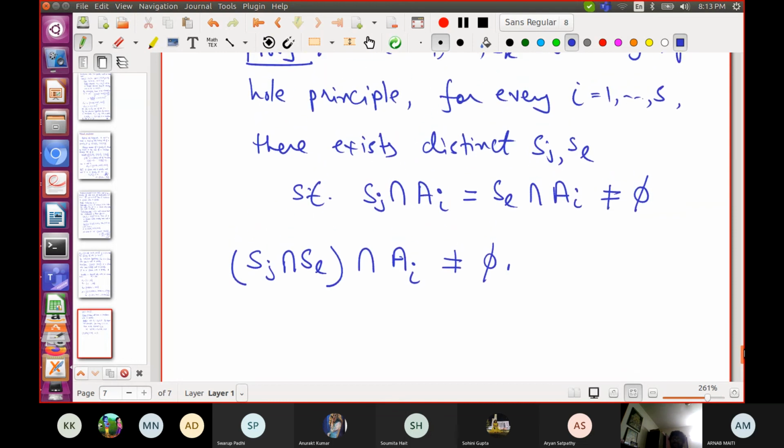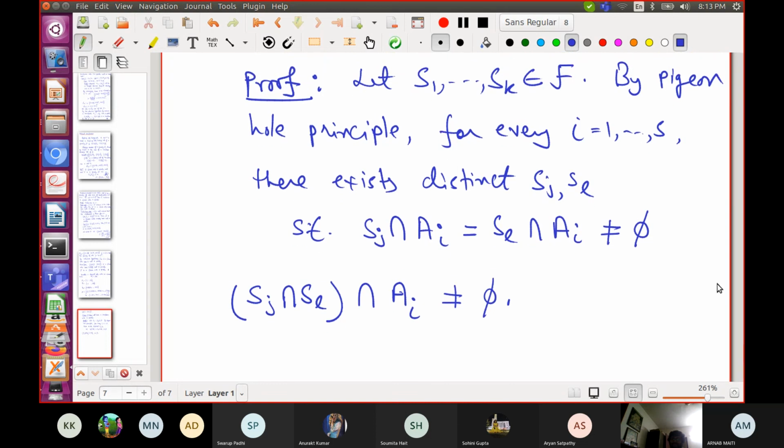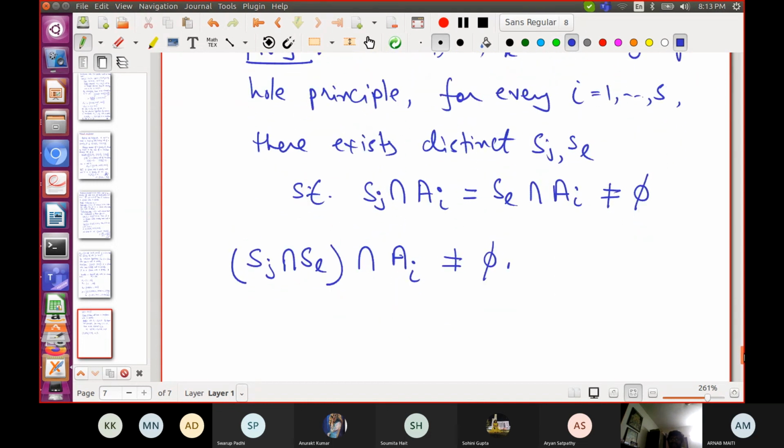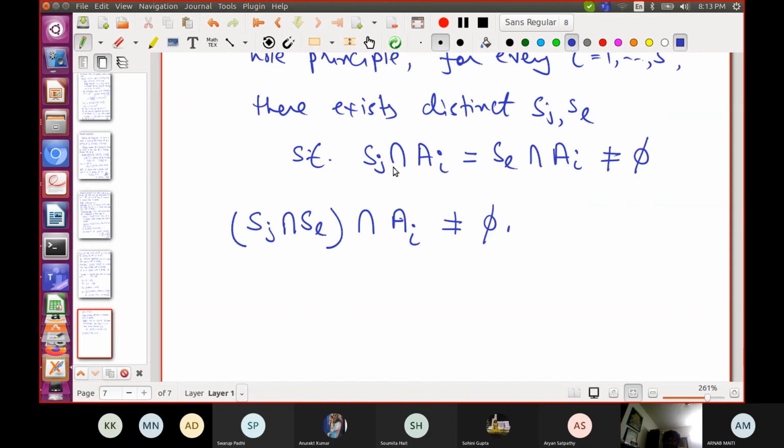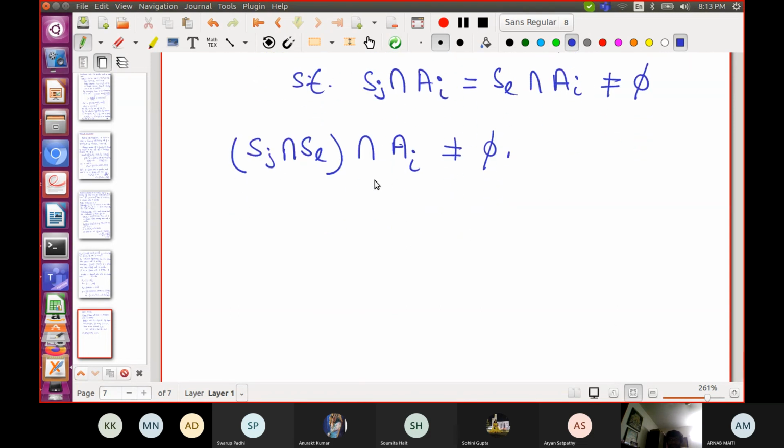Now, if S1 through Sk is a sunflower, each pairwise intersection must be the same, right? Each pairwise intersection must contain this element in Ai that is present in Sj and Sl, and that will be true for every Ai.